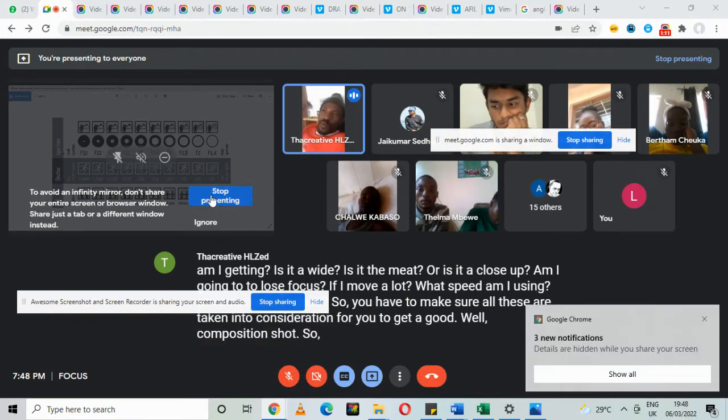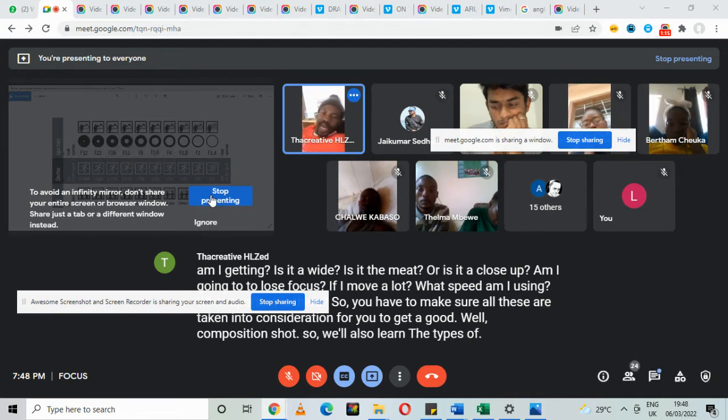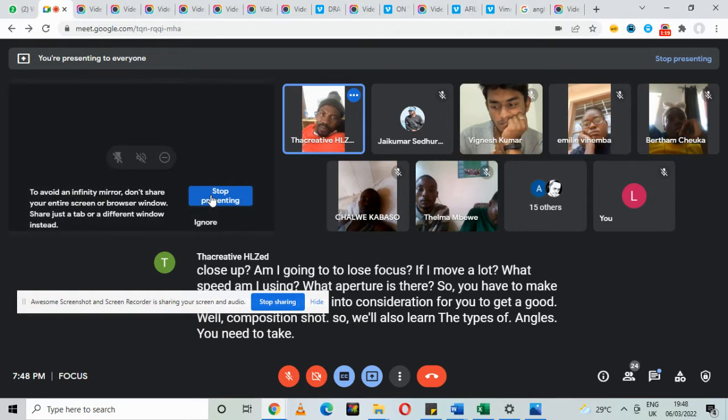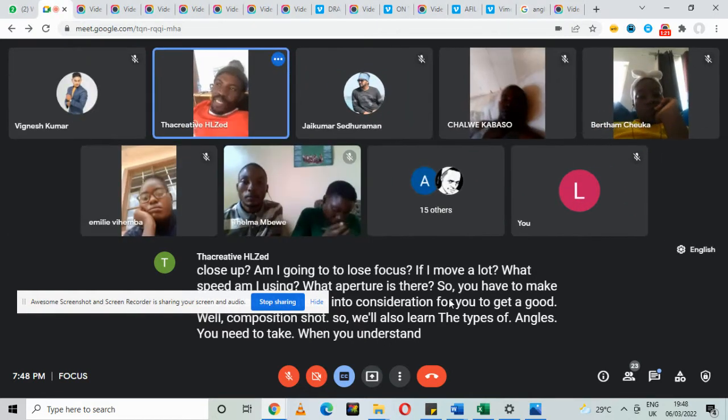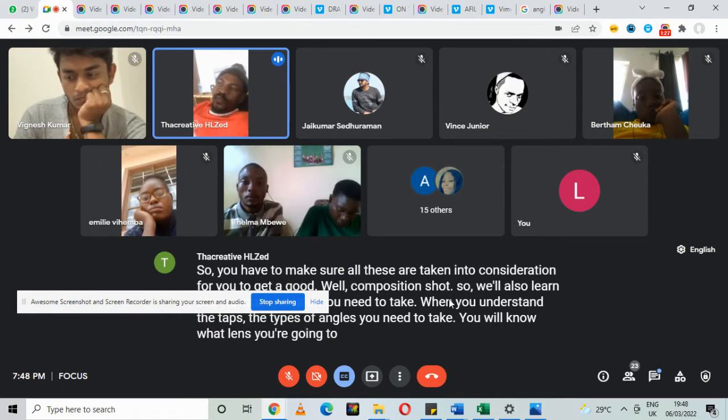So we'll also learn the types of angles you need to take. When you understand the types of angles you need to take, you will know what lens you're going to use